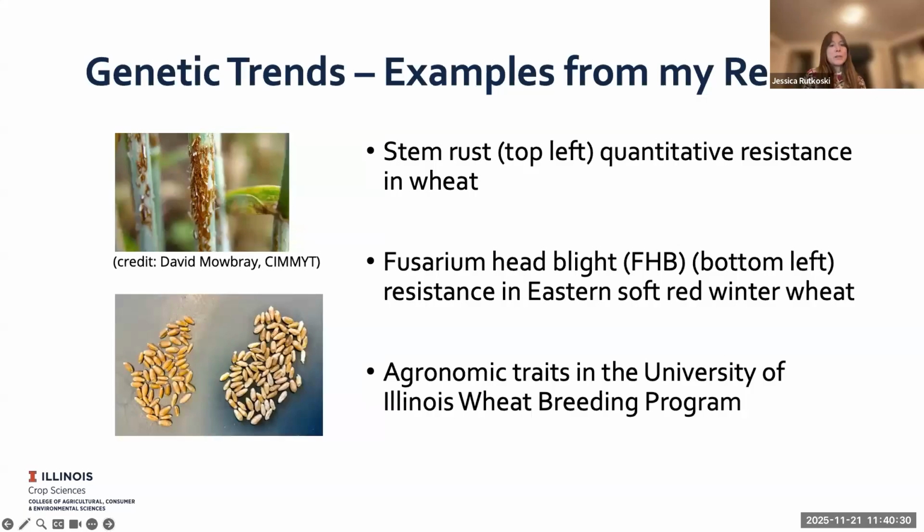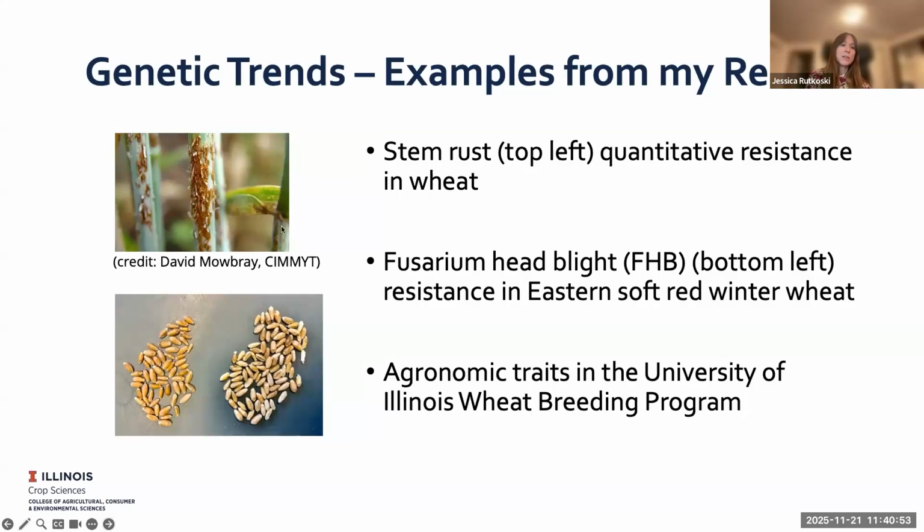So now I'm going to talk a little bit about some genetic trends or improvements in populations through breeding, through recurrent selection, from examples that I've been involved in from my research. When I was a PhD student, I worked on improving stem rust resistance in wheat, specifically focusing on quantitative